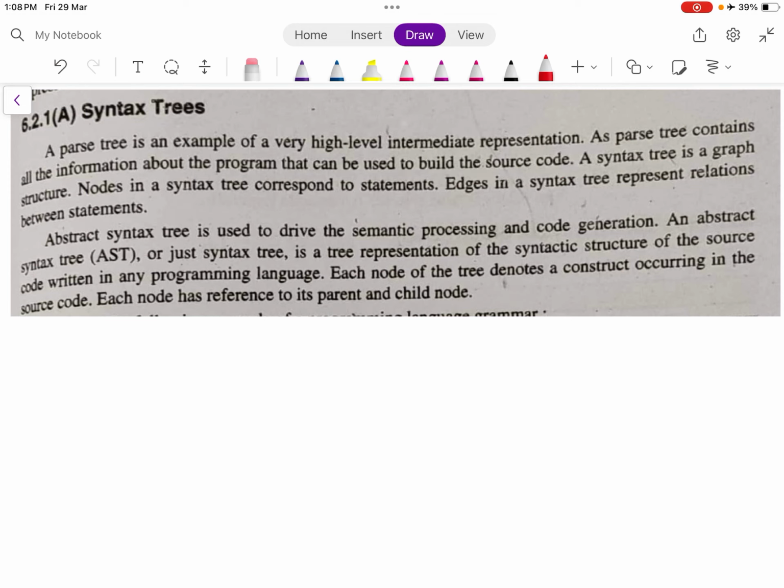A syntax tree, on the other hand, is a graph structure. Nodes in a syntax tree correspond to statements. Edges in a syntax tree represent relations between statements. Abstract syntax tree is used to drive the semantic processing and code generation. An abstract syntax tree, or just syntax tree, is a tree representation of